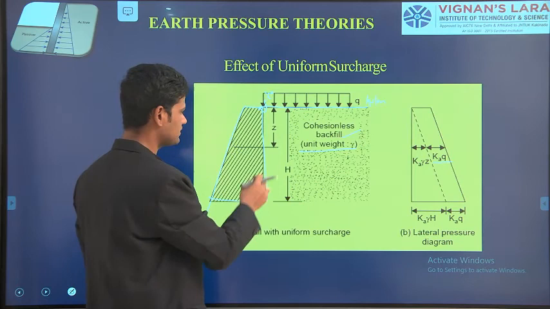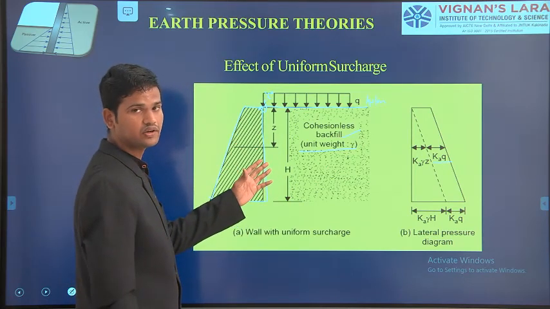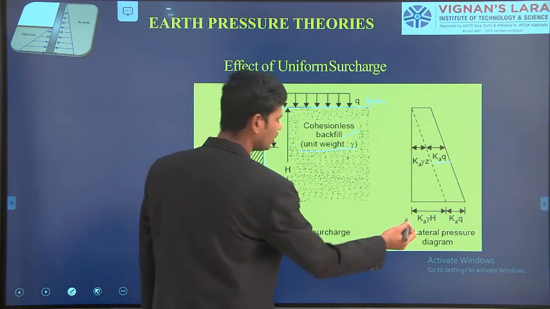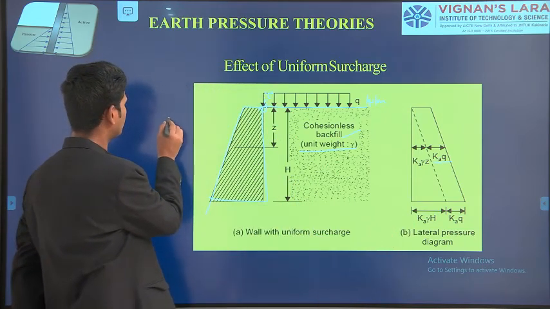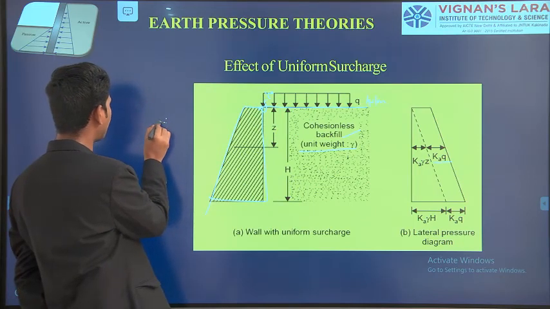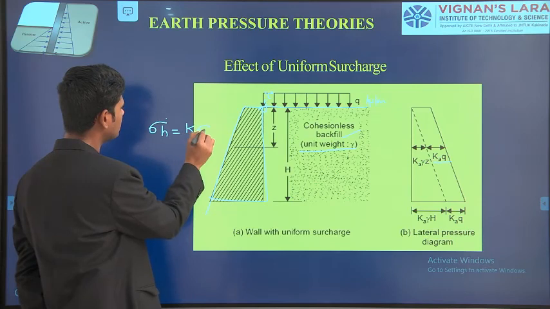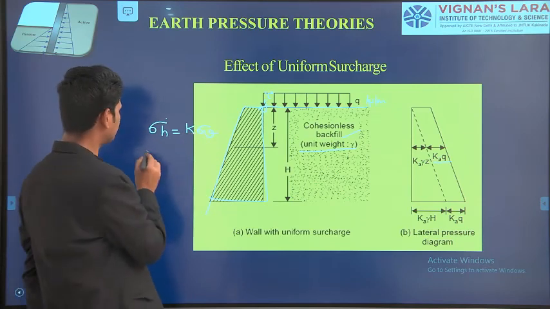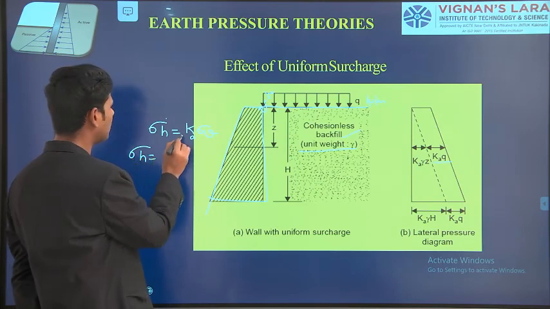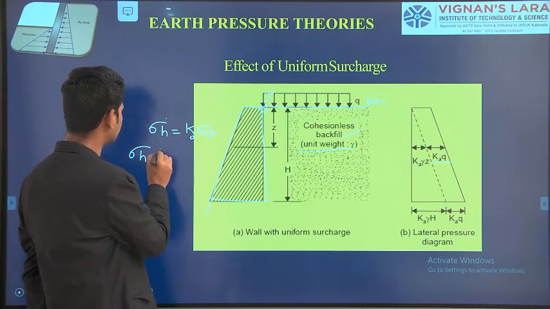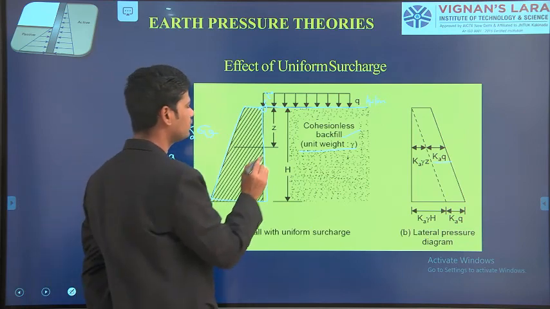Suppose you consider this same condition, to calculate the effective earth pressure, we know sigma h, the horizontal earth pressure, equals Ka into sigma v, the vertical earth pressure, where Ka is the coefficient of active earth pressure and sigma v is gamma into Z. Suppose if you